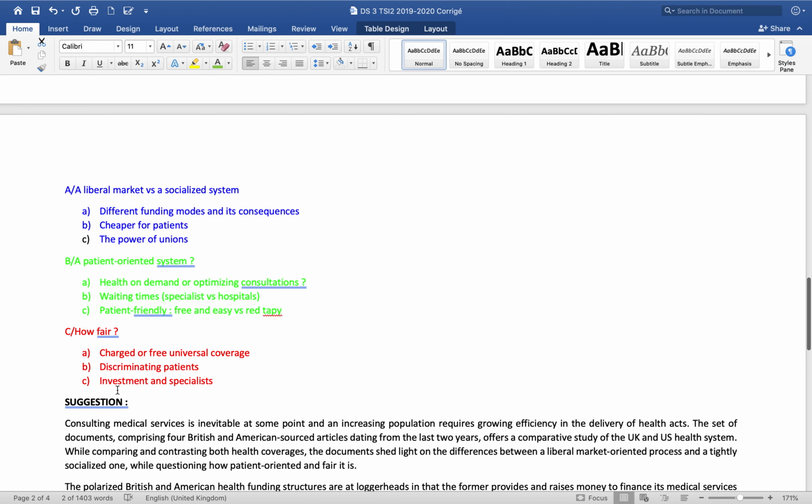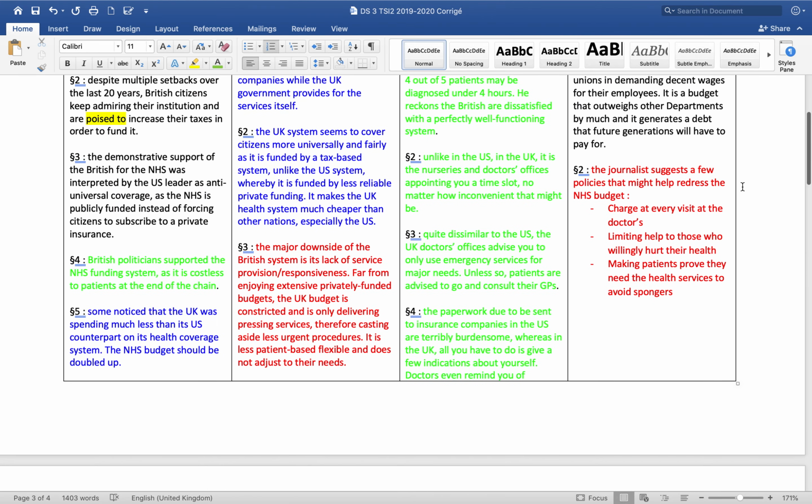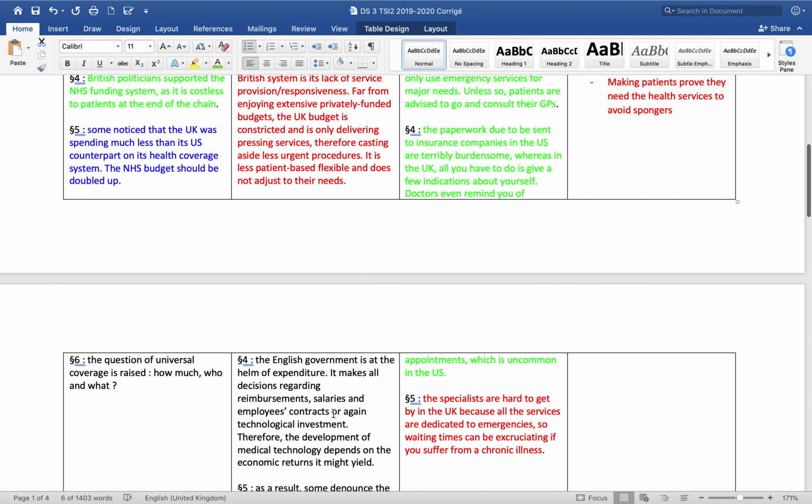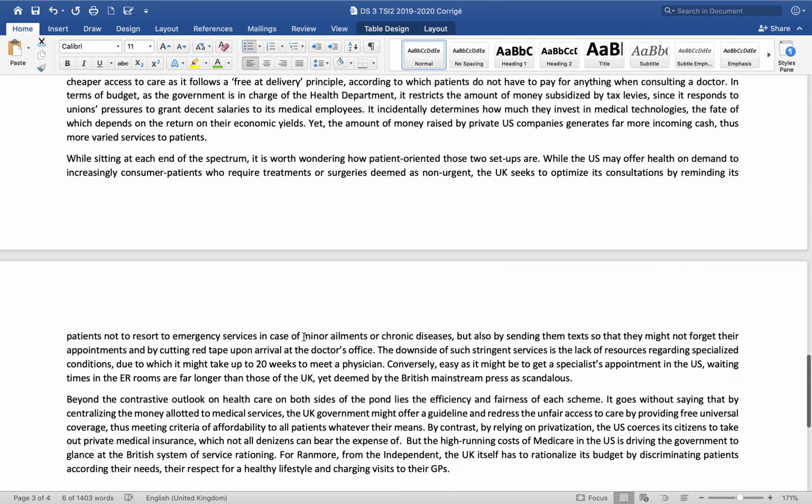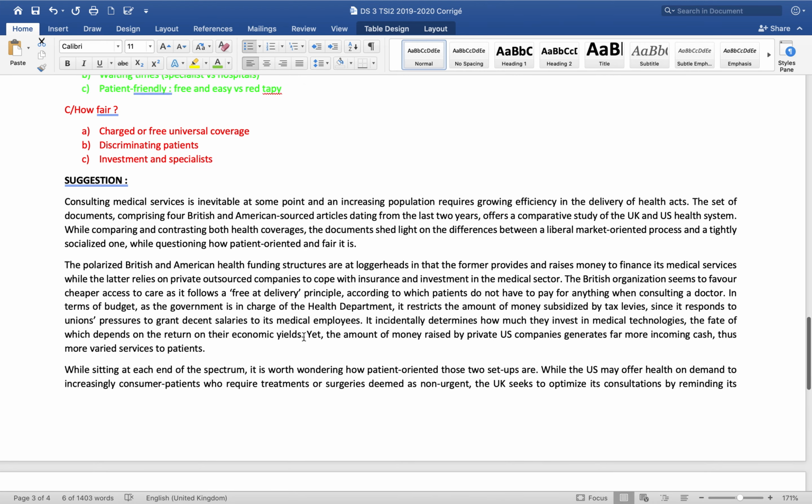How fair is that? And investment in specialists, this last part was about how you decide to spend the money on the medical system and the specialists, okay? So that was mainly this part as well. So what can be done, how fair is it to say we're not going to help those who have voluntarily damaged their health, for example? Okay? How fair is that? So you will understand this plan better once you see it at work in this very long synthesis.